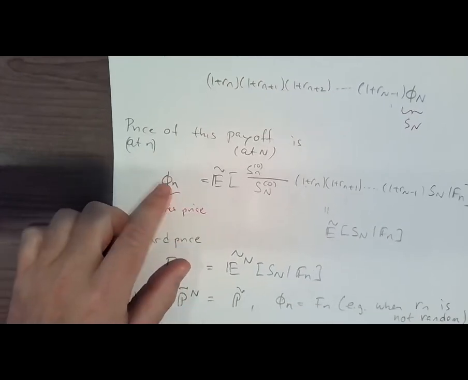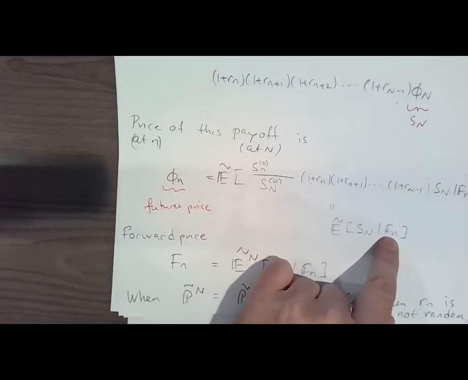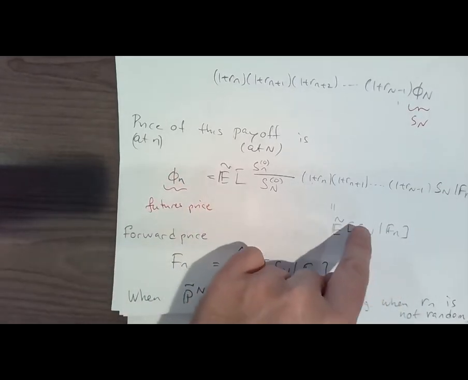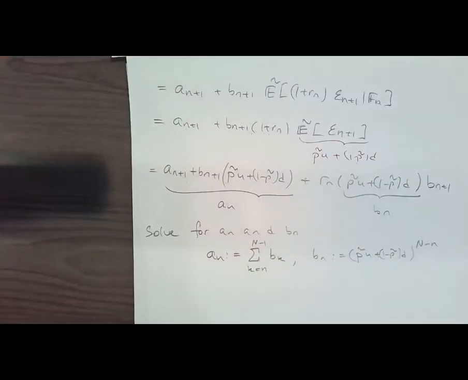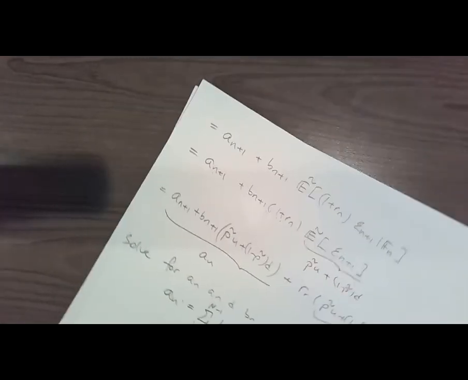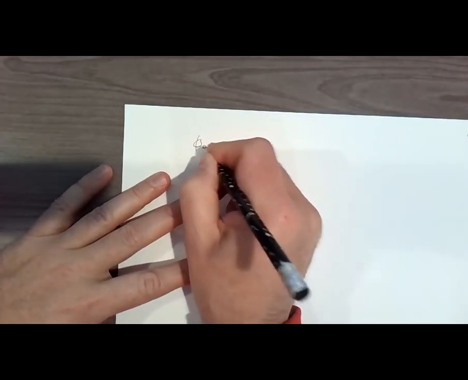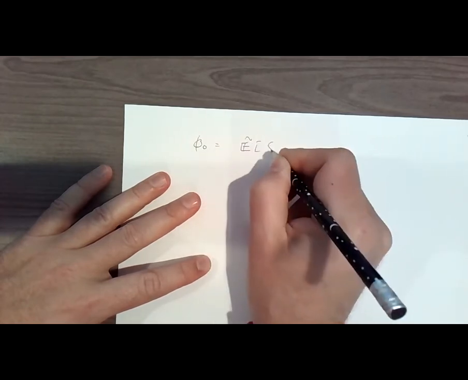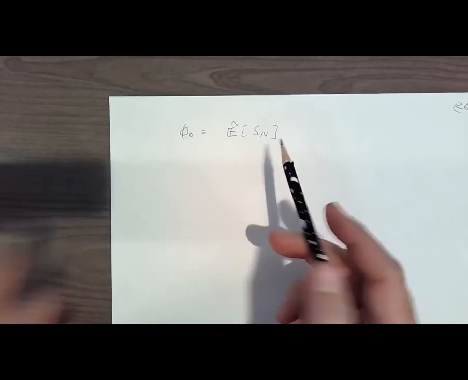The price that we're hunting is phi0. Right, so we take n equal to 0 here, n equal to 0 over here. So we get that phi0 is this expectation of Sn0. This is the expectation of Sn. But that one is difficult because, I mean, there's no discounting, so I cannot use the martingale property.